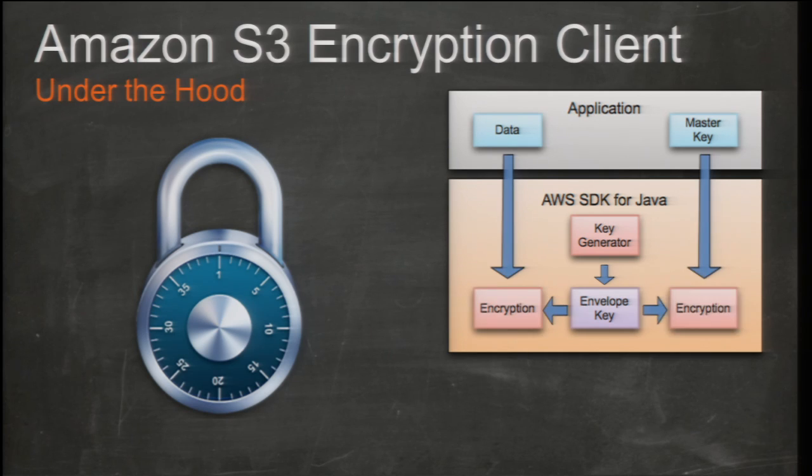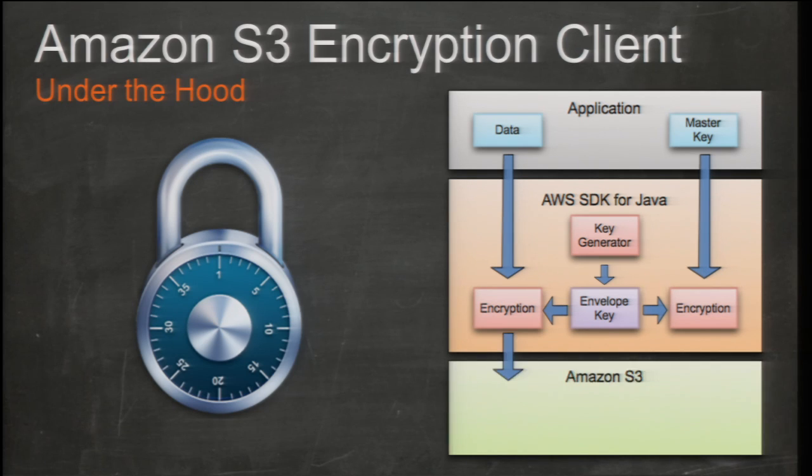So the envelope key encrypts our data. Data is stored in S3 encrypted. And then we have to deal with this envelope key somehow. So we're going to store the envelope key in S3 alongside the object as object metadata. But we don't want to store it unencrypted, of course, so that's where the master encryption key comes in. And we are using the asymmetric master encryption key to encrypt the envelope key and store that with the object